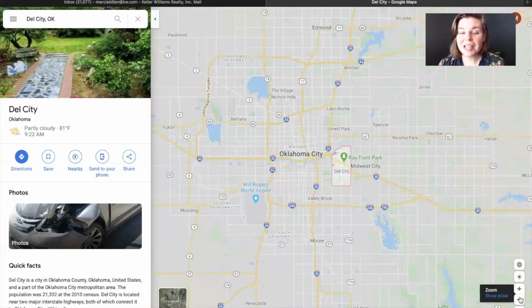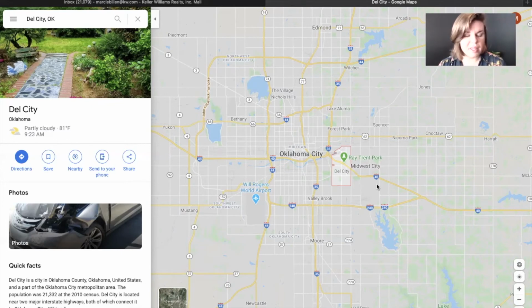Okay, so the next little town that I have outlined for us is Del City. So you can see it's quite a bit smaller than Midwest City was. So it's just west of Midwest City, so even closer into Oklahoma City than that. They're separated, Del City and Midwest City, but only by one road, and sometimes you can't even tell which city you're in. So many residents of Del City also work for Tinker Air Force Base because it is so close, and the real estate is a little bit less expensive in Del City, with the average home price in Del City being right at or right under